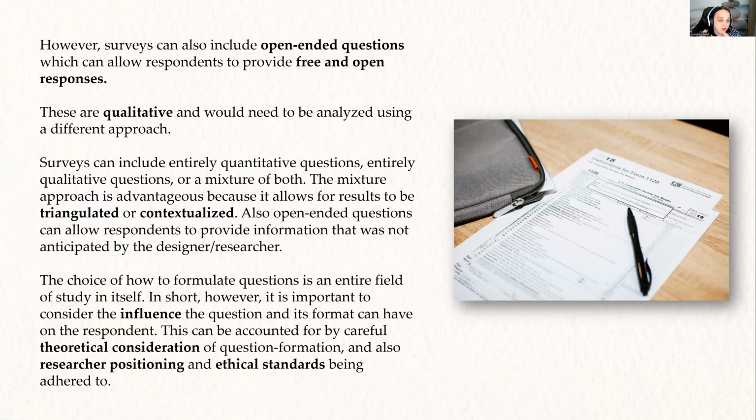Now, the choice of how you formulate questions is an entire field of study in itself. Creating survey questions is an art form. And to summarize it in short, it's important to consider the influence that a question and its format can have on the respondent. So this can be accounted for by being careful in your theoretical consideration of question formation, and also